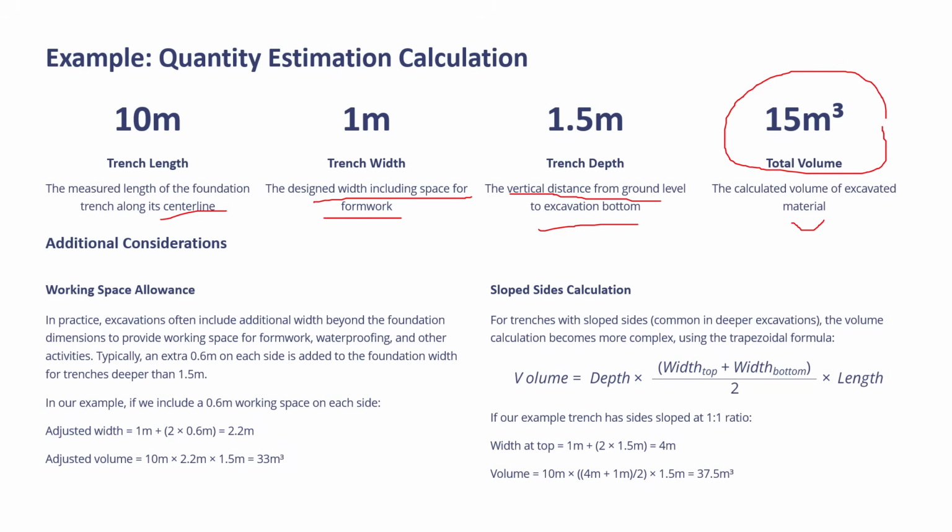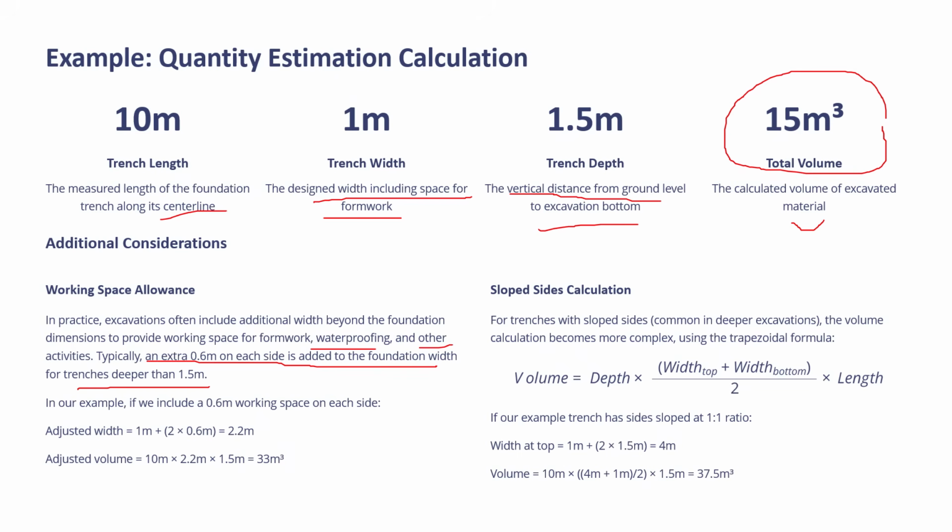Additional consideration for working space allowance, you have to make certain adjustments. So in practice, excavation often includes additional width beyond the foundation dimensions to provide working space for formwork, waterproofing, and other activities. Typically, an allowance of 0.6 meter on each side is added to the foundation width for trenches deeper than 1.5